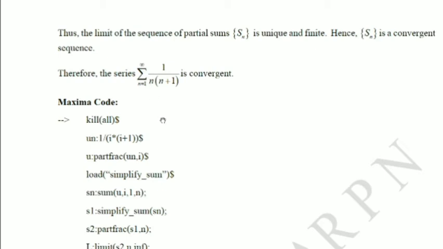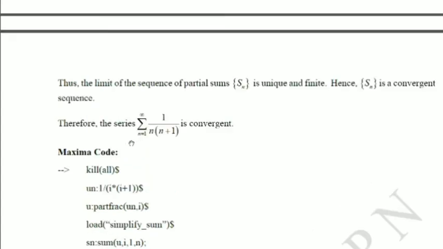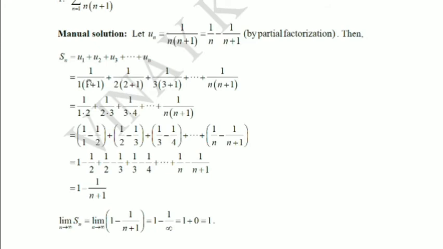So we'll run I from 1 to infinity. But initially, for finding the nth term of this partial sum sequence, we have to run this up to n. So that's why we'll run I from 1 to n to calculate this. So your un is 1 by I into I plus 1. After this, we know that we have done factorization of this. That is what we have done here.